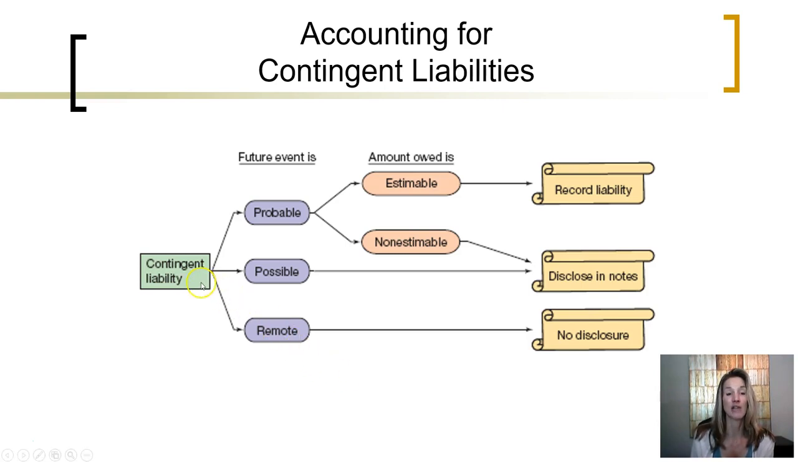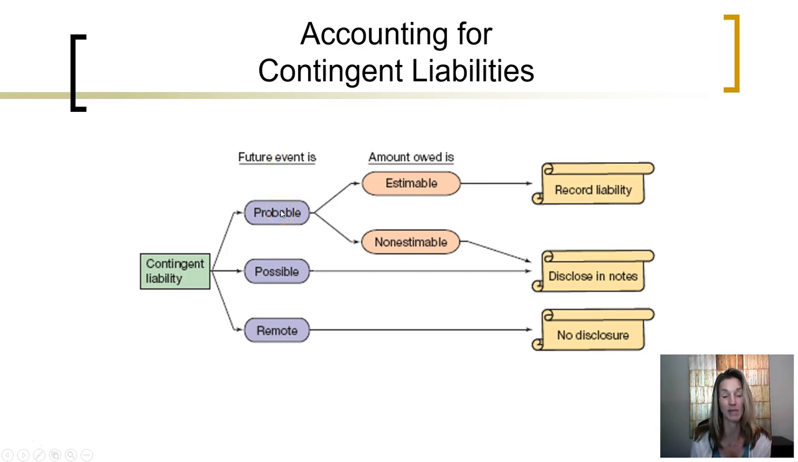If the contingent liability is probable, in other words, the future event, the lawsuit being brought against the company, is probable, and the amount that will be owed can be reasonably estimated, the company needs to record a liability for that contingent liability. However, if the contingent liability is probable, in other words, it's probable that the lawsuit will be